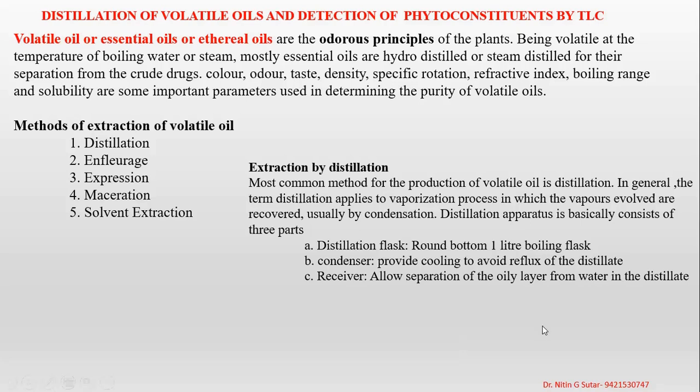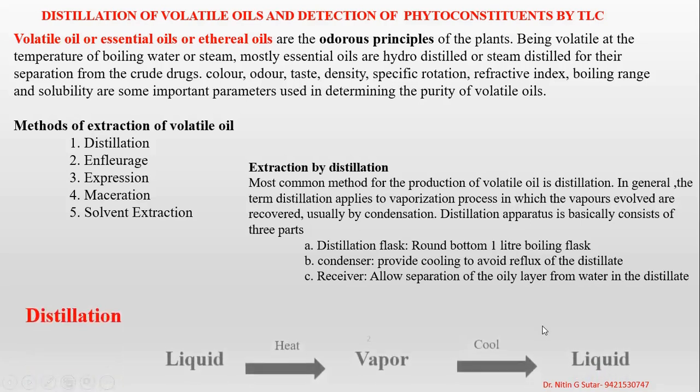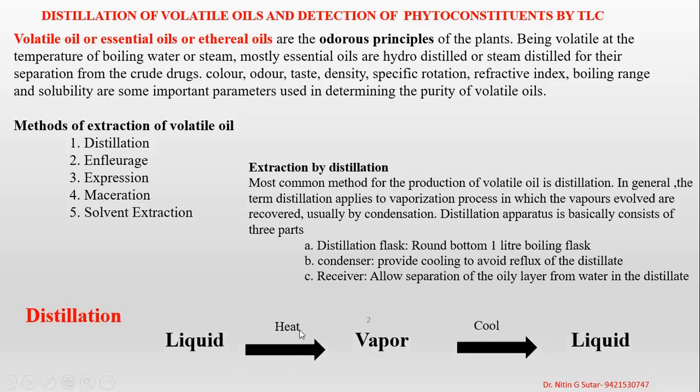So in short, let's see the principle of distillation. In this, the liquid is heated to its boiling temperature, at which the vapor pressure equalizes with, or becomes somewhat more than, the atmospheric pressure, because of which it evaporates. The vapors which are produced are cooled, or condensed, and again converted into liquid. This is the simple process by which distillation works.